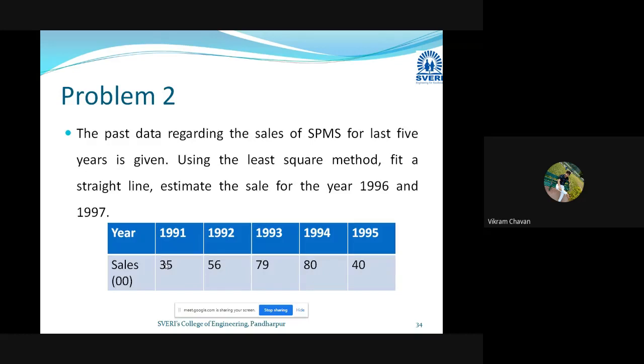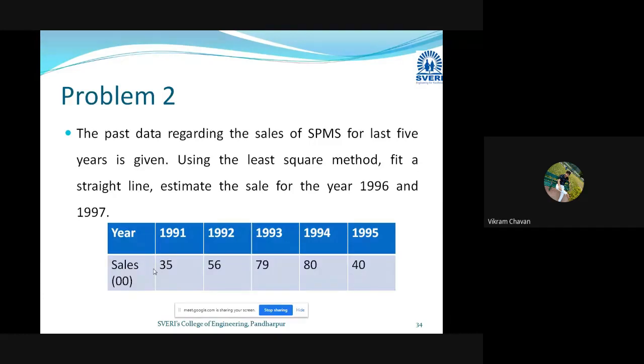Anna, you are getting 58. Okay. Akshay is saying 34, Sonali is saying 34, Sanket is saying 34, Amol is saying 34. Okay, so everybody is getting 34 for summation of x multiplied by y. So if you are getting the summation of x multiplied by y, then find out the straight line equation.